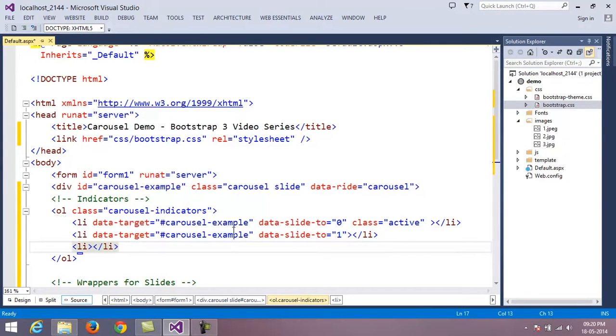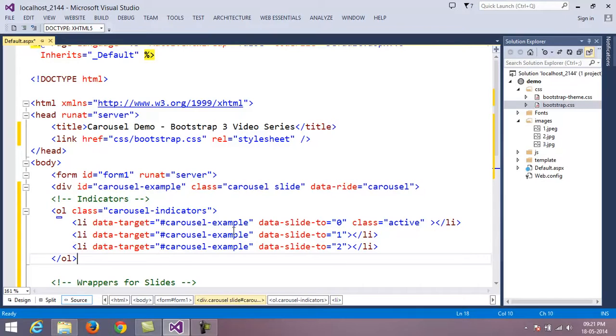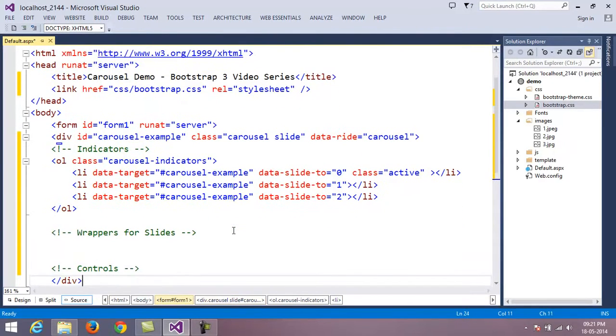One more list item, I specify the data-target is going to be carousel-example and data-slide-to 2. So I prepared the indicators. These are the indicators which we will have.